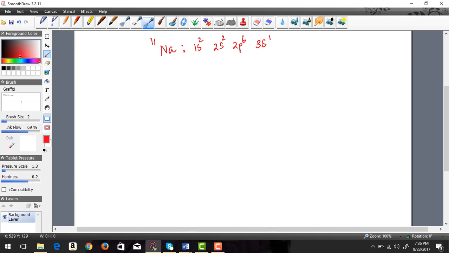And that's correct, right? That's 11 electrons. Now the reason this was primarily created was because people don't want to write long electronic configurations, and